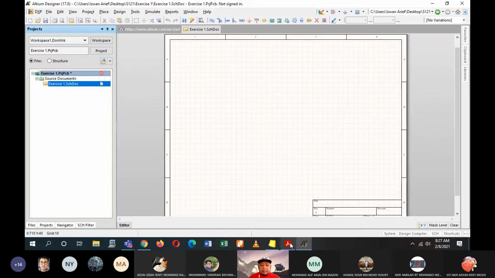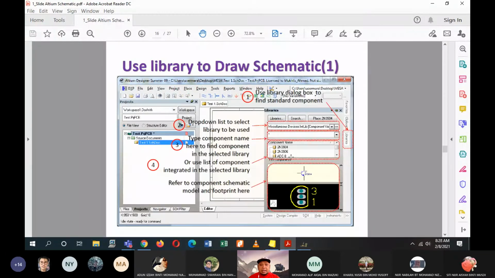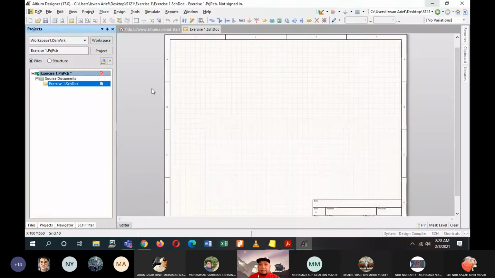Alright. Then use the library to draw the schematic. So this is your first approach on how to use the libraries. So how do you find them? I have already saved everything. You just go to the most left hand side of the software. You can find another three tabs.